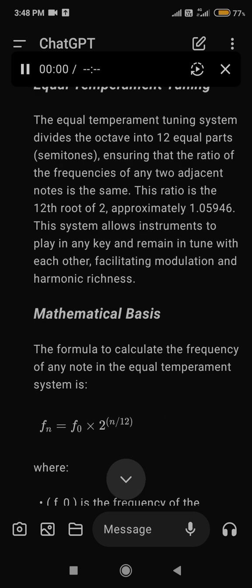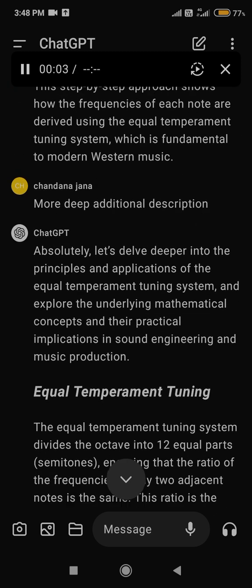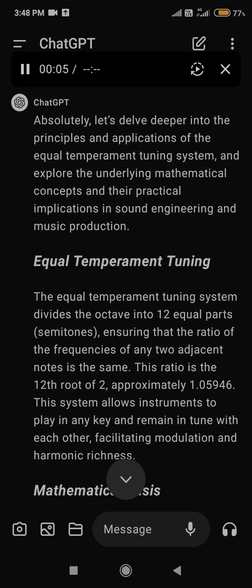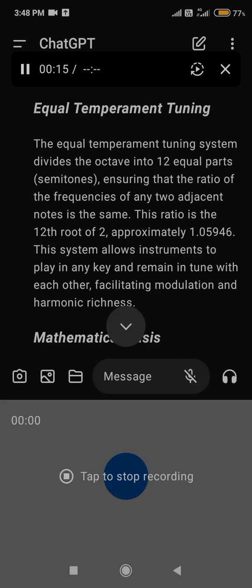Absolutely. Let's delve deeper into the principles and applications of the equal temperament tuning system and explore the underlying mathematical concepts and their practical implications in sound engineering and music production. Equal temperament tuning. The equal